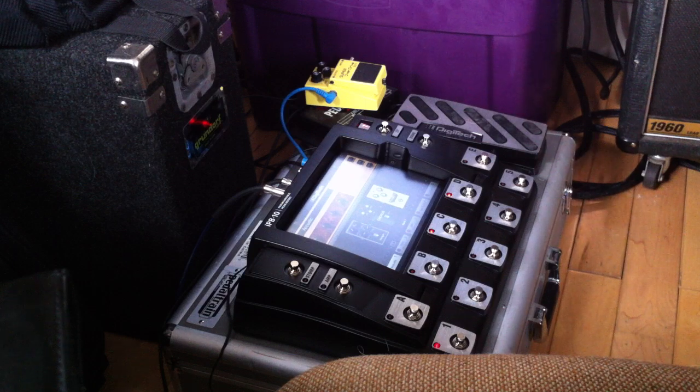So here's an acoustic clean sound that I set up. I have the amp actually pretty loud, so I'm not sure how well this is going to translate to the audio on the iPhone that I'm using to record this with. We'll give it a try. Here's